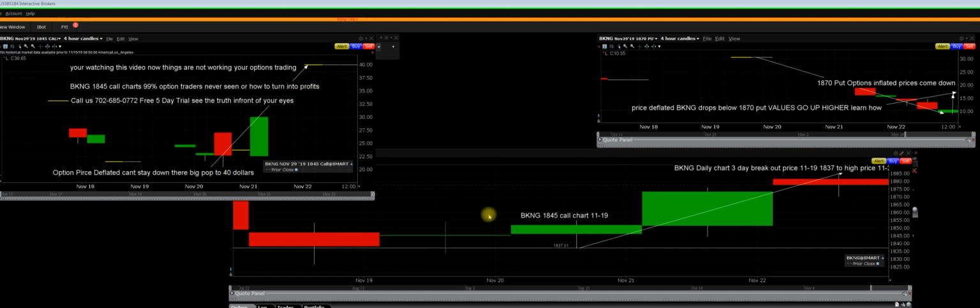Now, the chart that I have before me, below me, is a daily chart of BKNG. You can clearly see here the BKNG $1,845 call chart, which was deflated in price. We had a 3-day breakout to 1,884, and we did. So we want to share that the 3-day rally in the stock was the verification that by using call charts, and 99% of the option traders haven't used them or seen them,